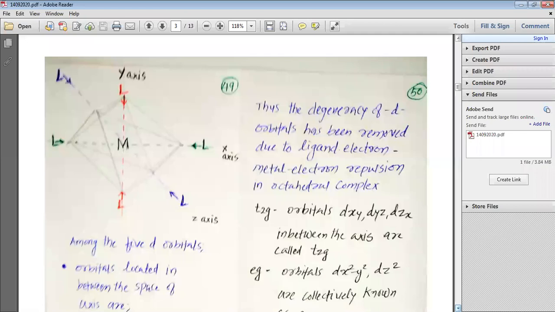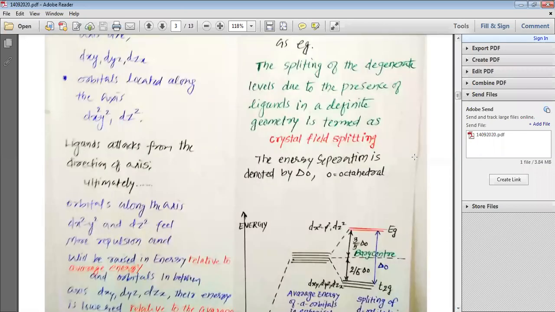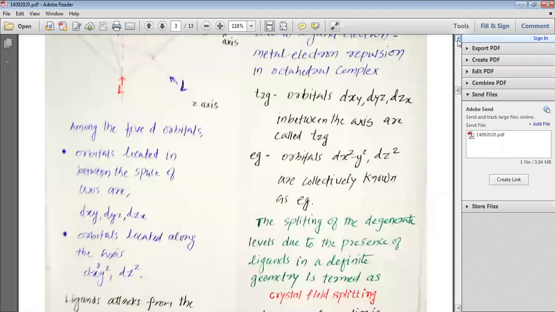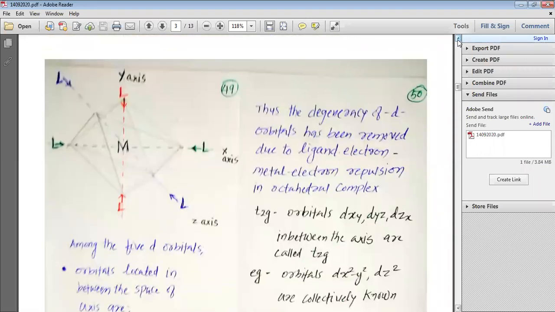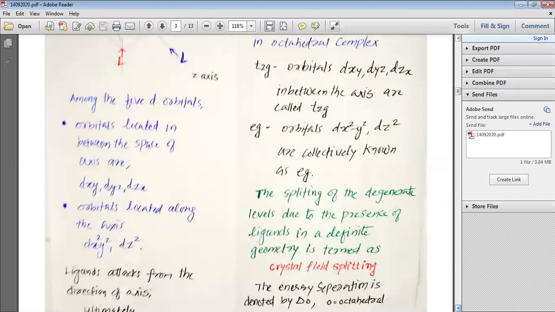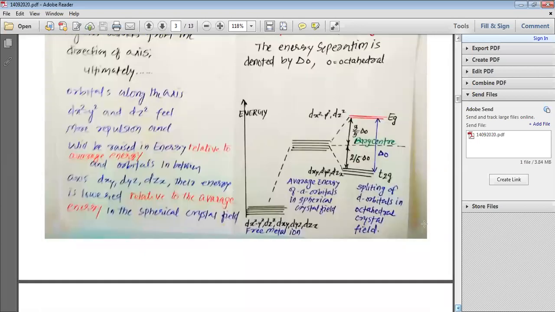In the last period we have studied about the splitting of orbitals into various shapes. For example, if we think of the octahedral splitting, we can see that the 6 ligands coming from the direction of the axis make the orbitals which are present on the axis go to a higher energy level. At the same time, the orbitals which are present in between the axes have their energy decreased, and this is how we have the T2g orbitals with the lower energy, which are dxy, dyz and dzx, and we have Eg orbitals which have the higher energy.